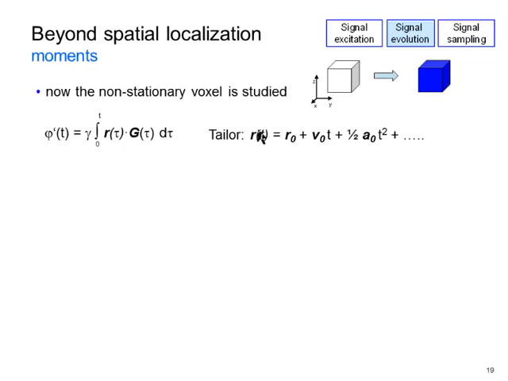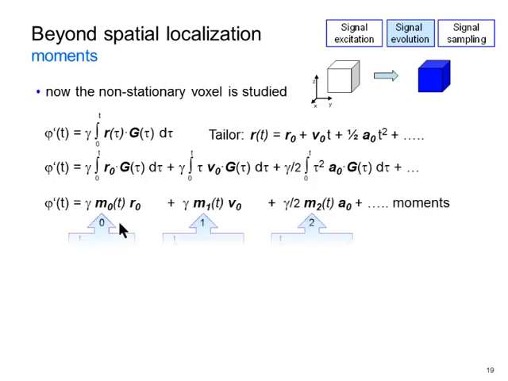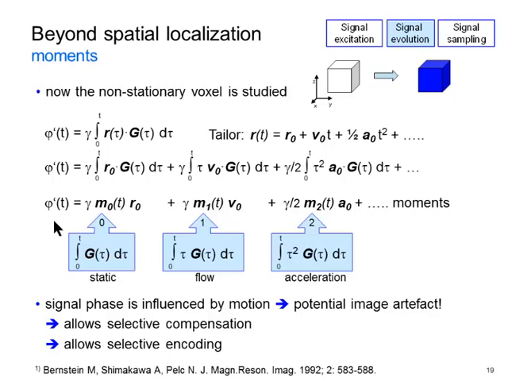However, if we are expanding or mimicking or trying to describe the temporal behavior of a given voxel by means of a Taylor expansion, we can write it in this way. Those parameters, R0, V0, and A0, are constants, are stationary, or can be assumed to be stationary. Therefore, these stationary and constant values are not dependent on time anymore, and could be put in front of the integrals, so that we end up with a very simple and handy approach or